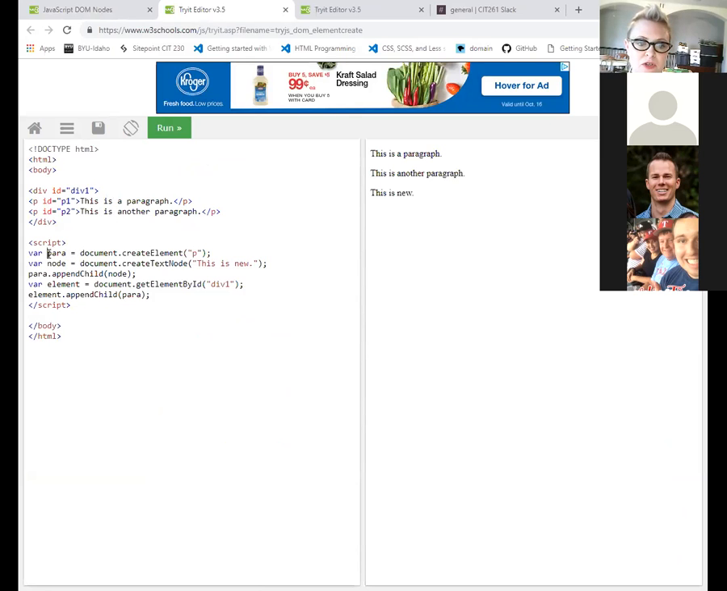Here's our script. First, we create a new P under the variable para. Then we create our text node. It's going to say this is new. Then we append them together. Now that P exists with that text node inside of it, we create a new element that is calling what parent we want to put this in. It's our div1 parent. And then we run one more method, element append child to para, or the child para